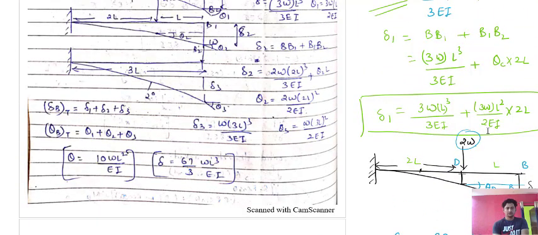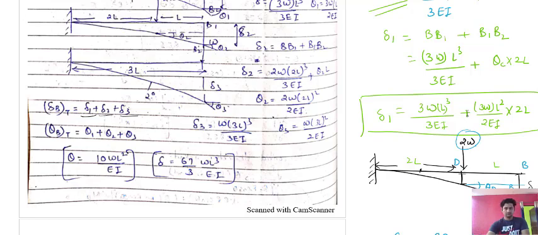For that you will use the concept that I have told you, that it is the algebraic sum of the standard results. So the algebraic sum is delta 1 plus delta 2 plus delta 3. So you have all the values; now apply all the values in this equation and you will get the value of delta. That will be the deflection at point B. And similarly for the slope value also, you will get the slope value at this point.